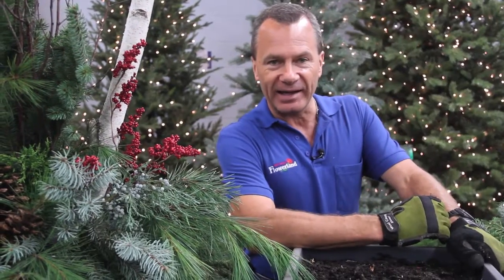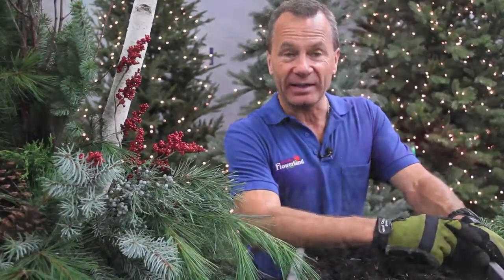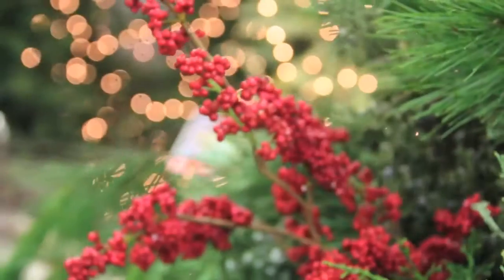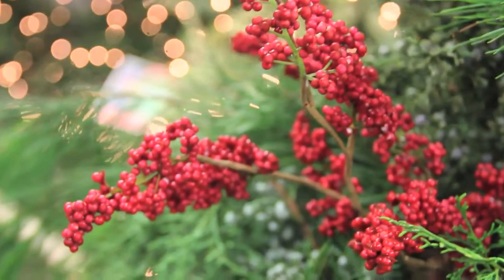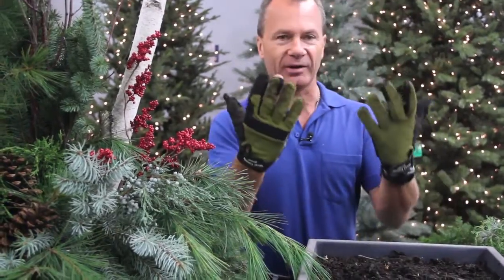Today we're going to holidazzle you with a porch pot that anybody can make, and it's made of all natural materials we find out in our landscape. You can put it on your front porch to welcome visitors this Christmas. So let's get started. First of all, I like to start with a good old pair of garden gloves, and